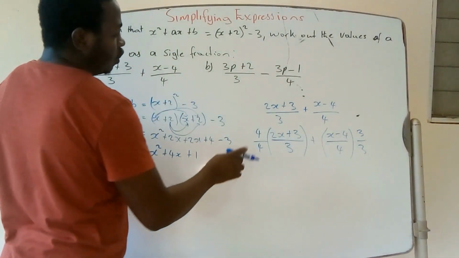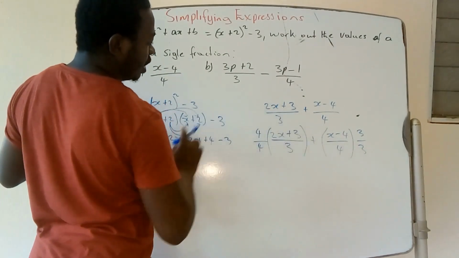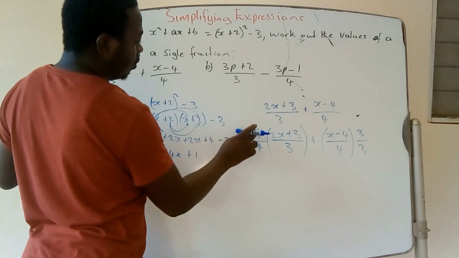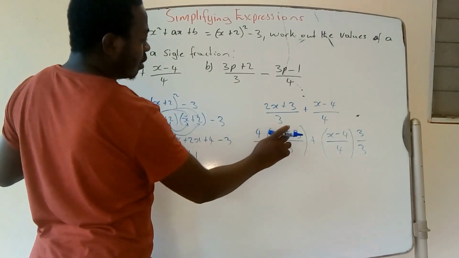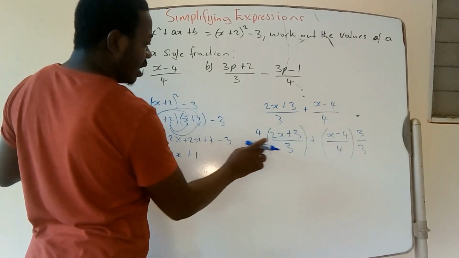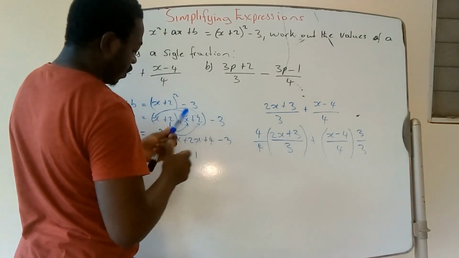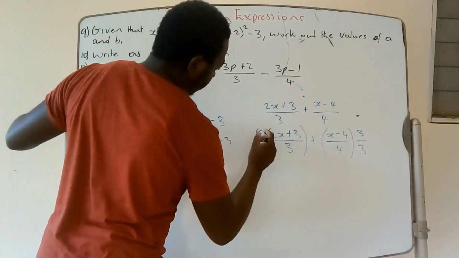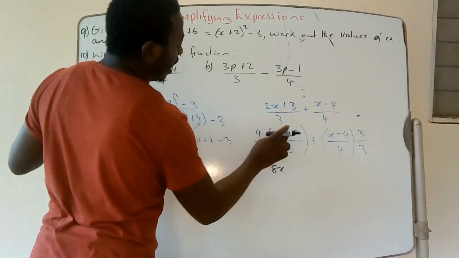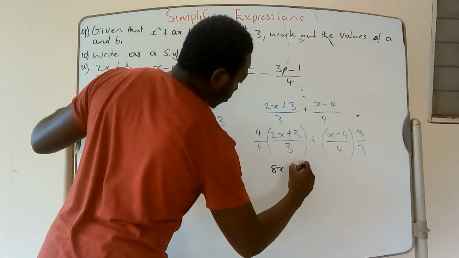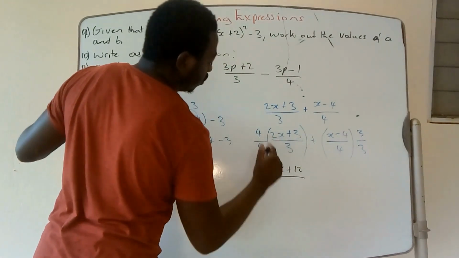Right? So, how do you multiply a fraction? You take this 4 to multiply each term inside of the bracket, right? So you're going to use this 4 to multiply the 2x, then use this 4 to multiply the positive 3. Then you're going to multiply denominator by denominator. Alright? So 4 times 2x gives us 8x. So 4 2s is 8, so that's just 8x. 4 times positive 3, that gives us positive 12, all over 4 times 3, that's just 12,